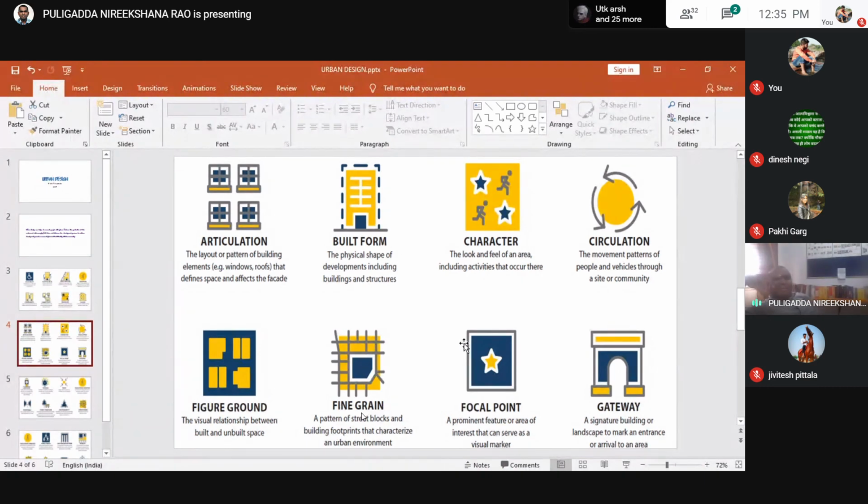So from the urban design point of view, the kings made such spaces. Every city may have either entrance gates and exit gates or entry gates. By seeing the city entry gate, we can identify the ambience of the city.